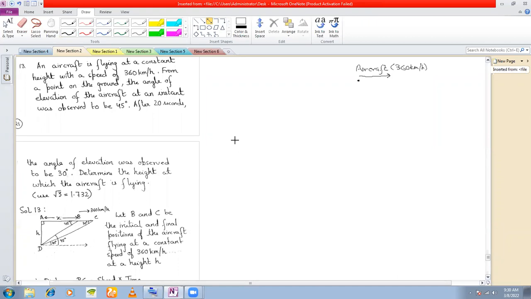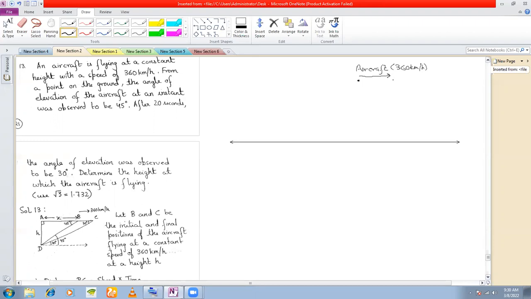Constant height. It's not given, but it is at a constant height. That means this aircraft is flying horizontally. It is not going vertically. It is flying horizontally. The height is constant. So let's say it is